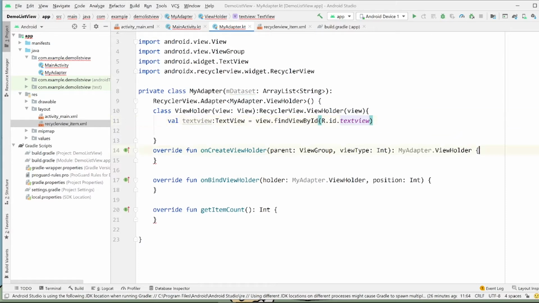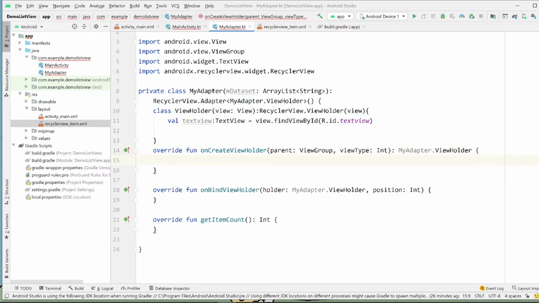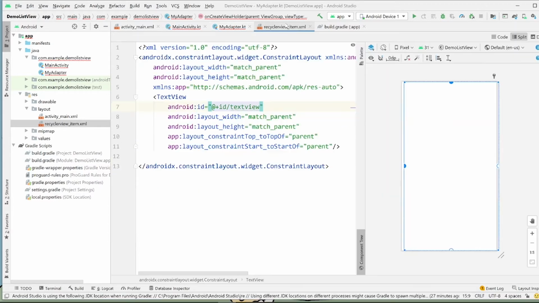And in the onCreateViewHolder, you will correspond the recycler view to the whole layout.